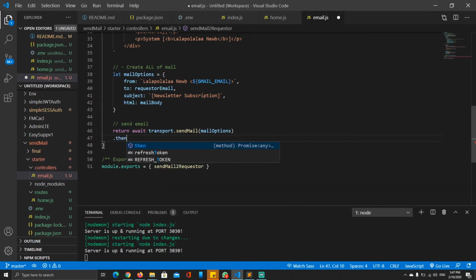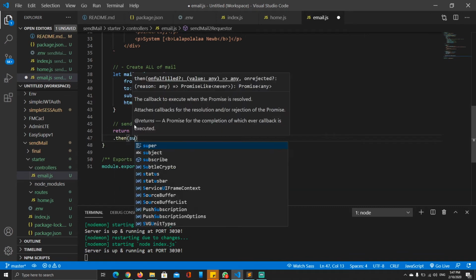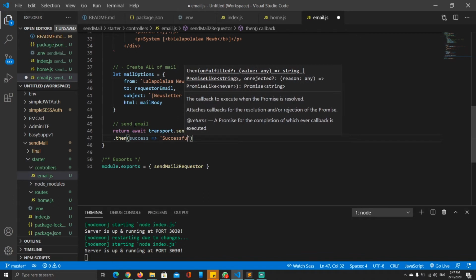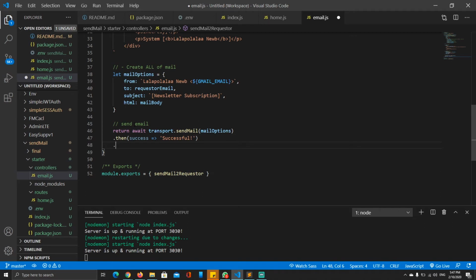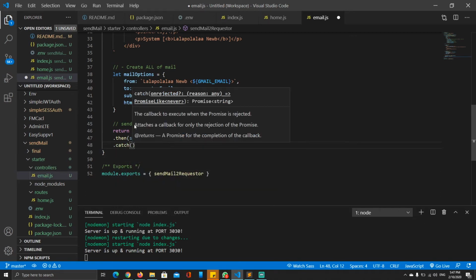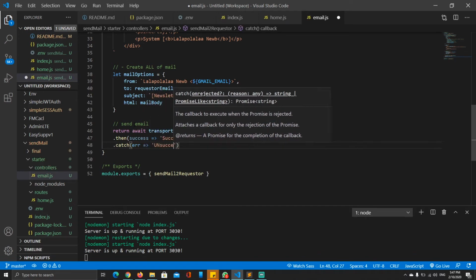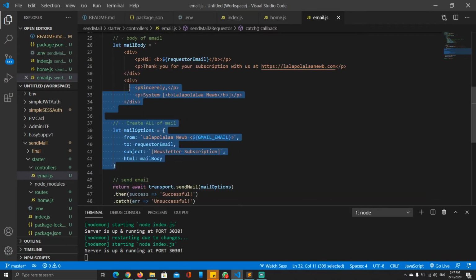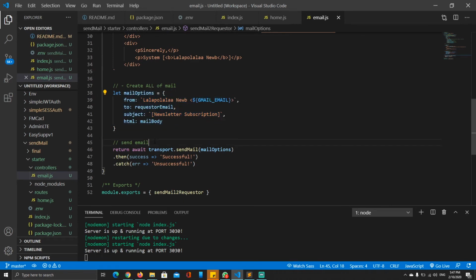And then this is going to be then success. If it's success, we want to return successful. If it's an error, we want to return catch of error, unsuccessful. Save. So basically, once we already did all of this, it's going to run this to